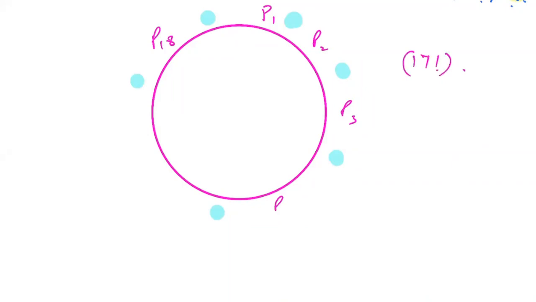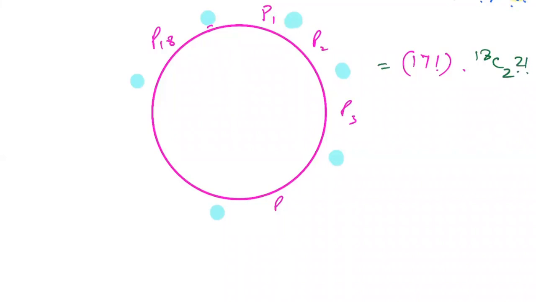18 people have to sit in a circle in factorial 17 ways. Now A and B are there, right? A and B, how many positions are there where the two people A and B can sit? So in a circle, if 18 people are sitting, they are getting 18 gaps. Out of these 18 gaps, they will find two of them, 18C2, and they can arrange themselves by factorial two ways,